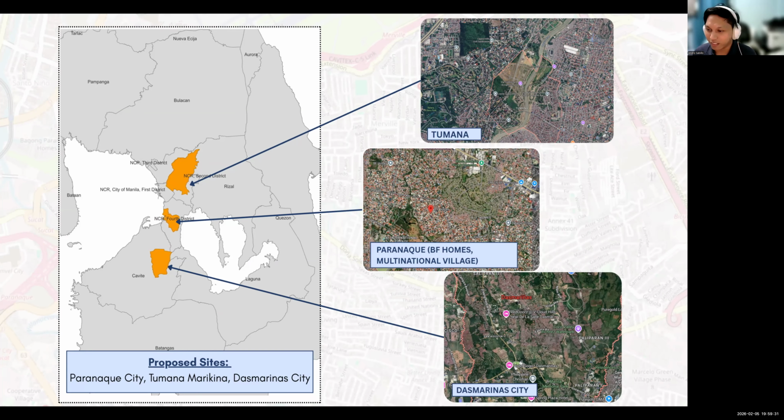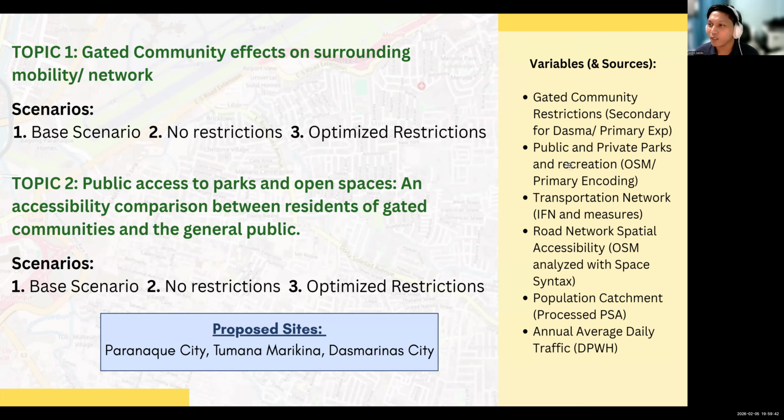As for the variables, we are going to look at restrictions like toll fees and conditional pass-throughs, like when you're a resident or when you have a sticker, and we will be gathering that using secondary data because I collected it before for DASMA. For the other sites, I think we are familiar with the place, so we can do our primary encoding.